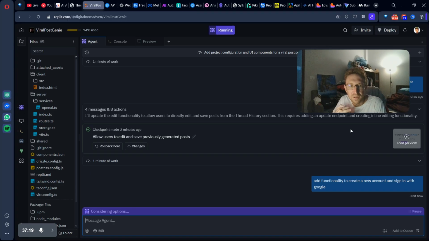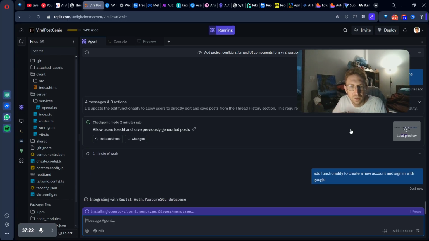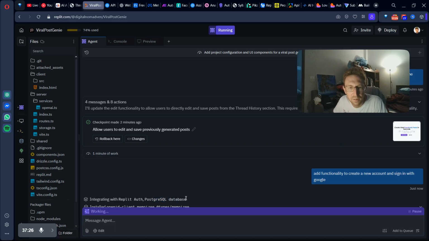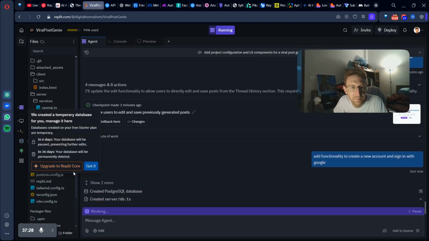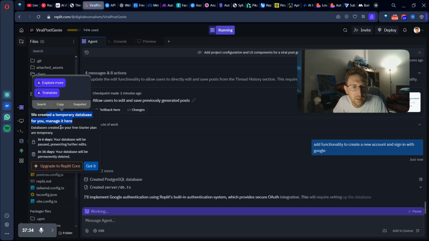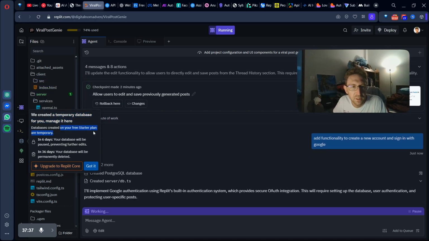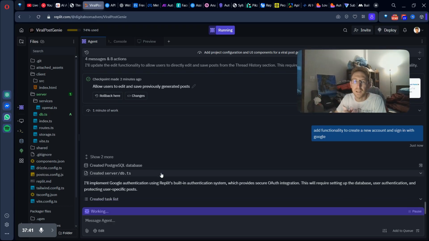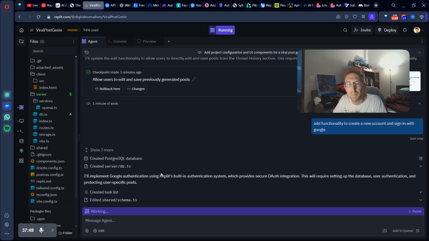It's usually pretty straightforward using these tools, but it looks like it will have to add Postgres SQL, which is a database system. And in order to do that, it says they created a temporary database. Databases created on the free starter plan are temporary. So it created a database, but I won't be able to use it for very long until I upgrade to the paid plan, which is probably totally worth it,